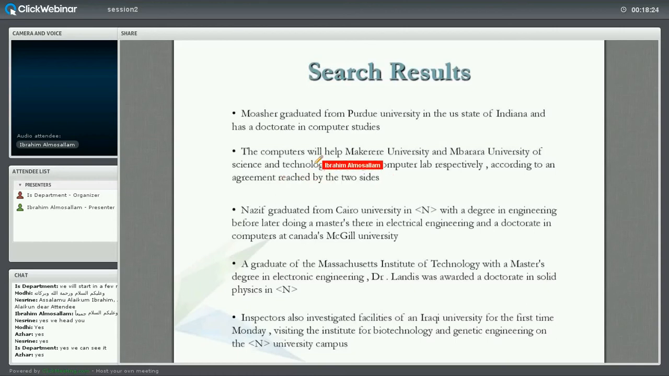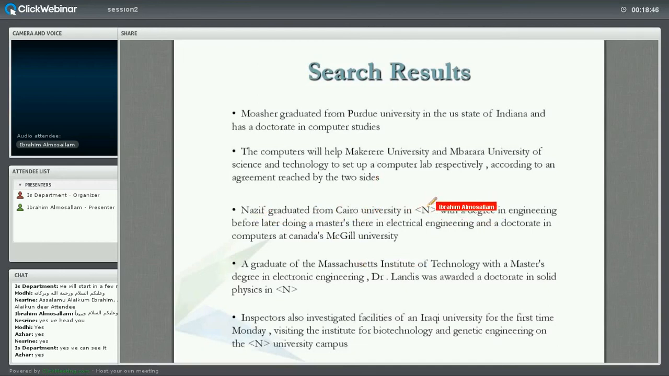The second one was: the computers will help... I'm sorry, I can't pronounce this. I've Googled it, this is a university in Uganda, but anyway. So in University A and B of Science and Technology to set up a computer lab, respectively, according to an agreement reached by the two sides. Okay. The third one was: Nazif graduated from Cairo University in